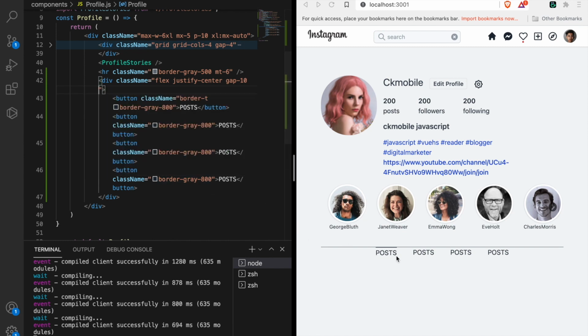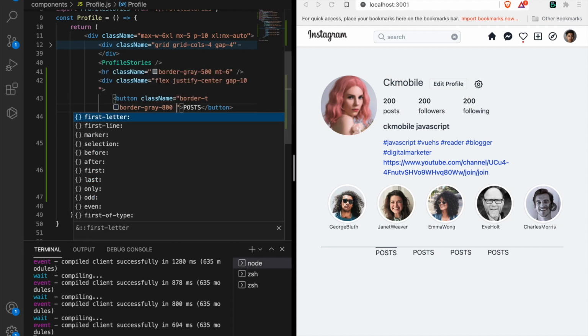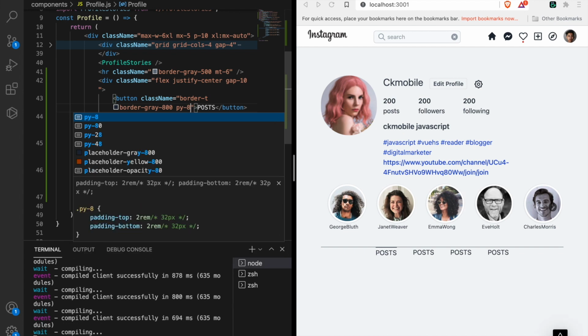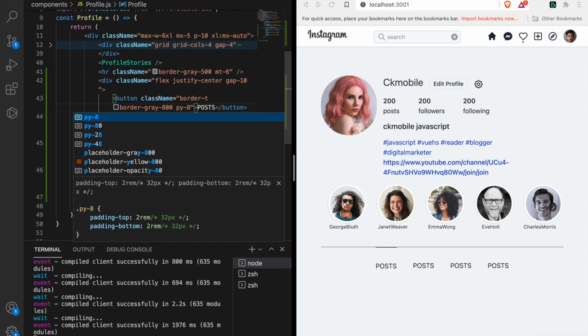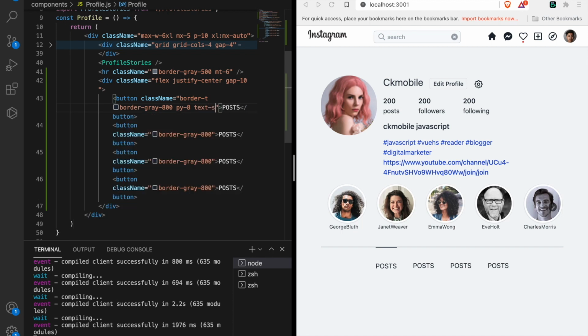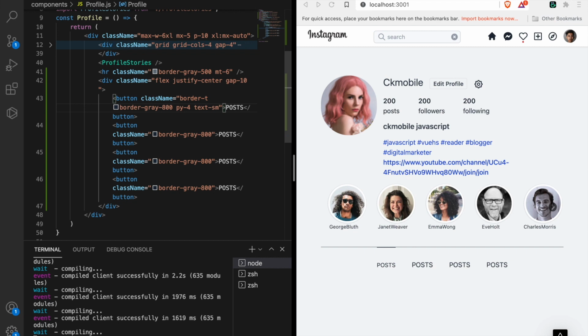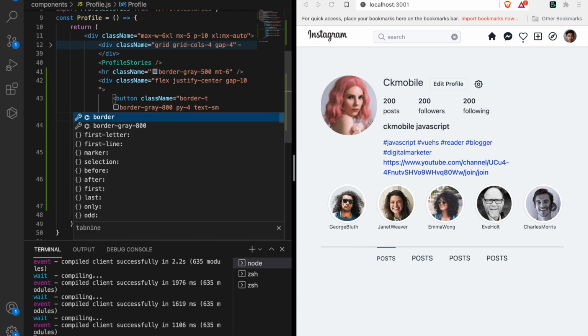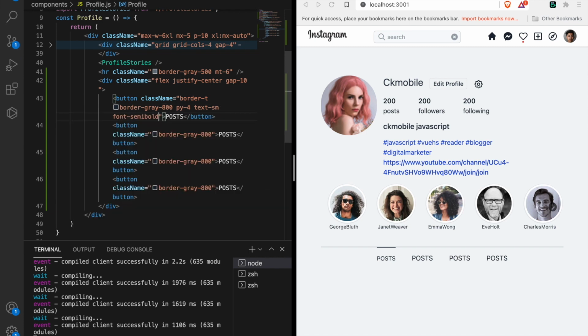And now we continue to style the button, and we have to add a padding Y, so it has some padding on the top and also at the bottom. So we have the py of 4 units, and we want to make the text small, and this should be 4 units. And we also want to make the font weight semi-bold, so we use font semi-bold,